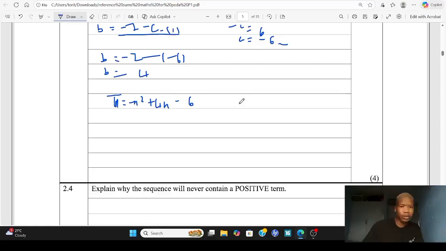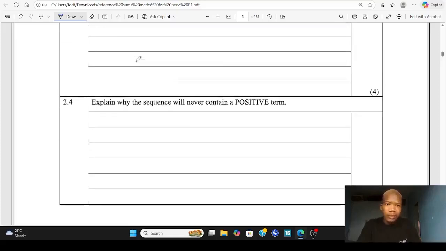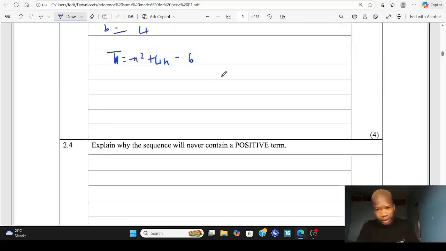Okay, so explain why the sequence will never contain a positive number. All right, so here's what we can do in order to show it. We can maybe determine the turning points or something of that sort, so that we can see what the maximum value is, right? What is the maximum value? So we have the original equation, right? From the original equation of ours, we can say